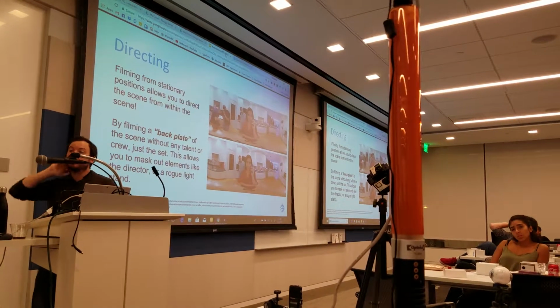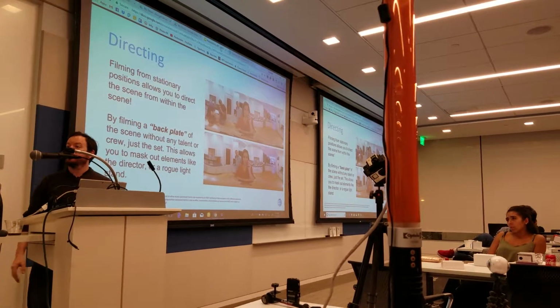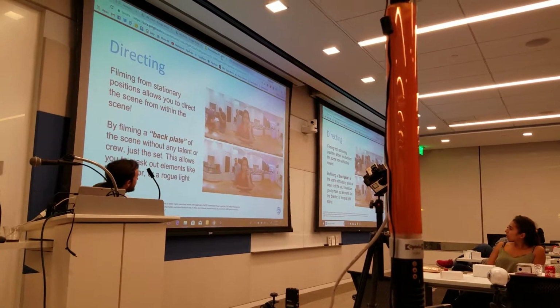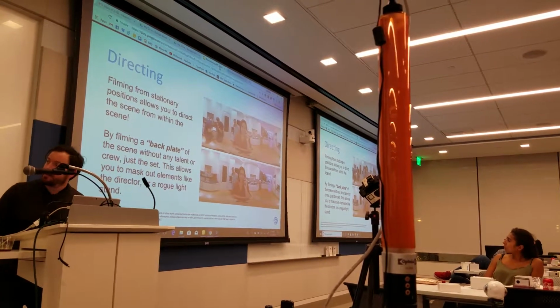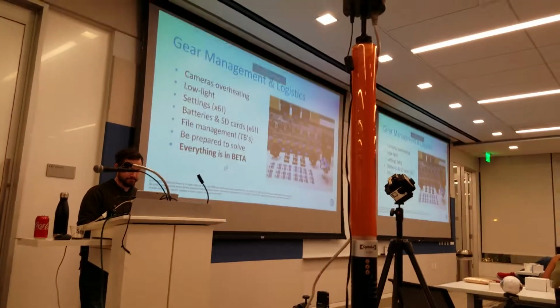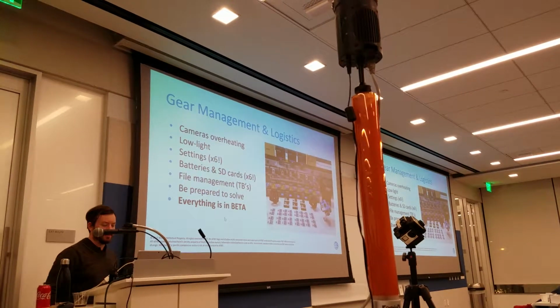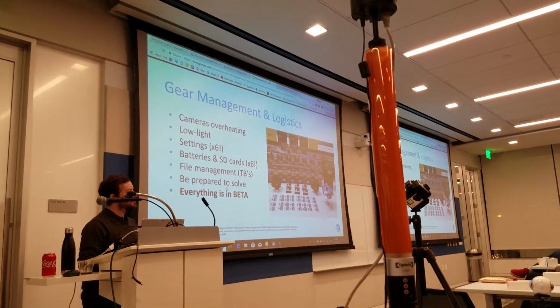Can you explain how you did that again? For yourself and the scene? We'll go into that a little more. Basically, we just take 2 shots, as you can see here. One shot with us, one shot without us. That is not an example of the shot without us. The shot without us is literally no one in there. So obviously it's only going to work if the camera doesn't move. So basically, you would block out an area, create a plate,